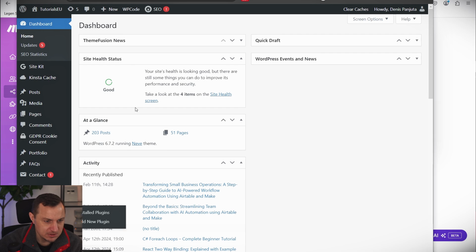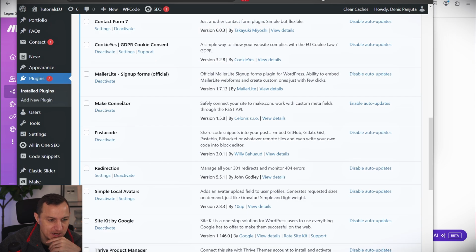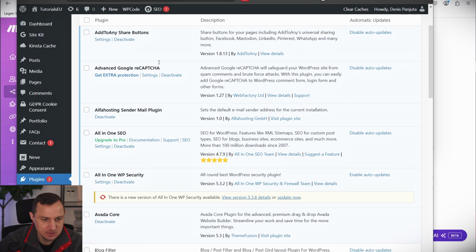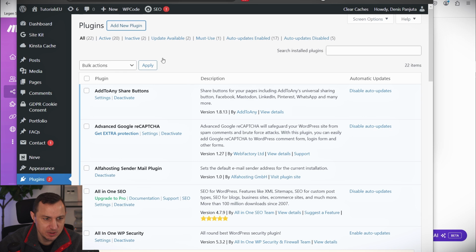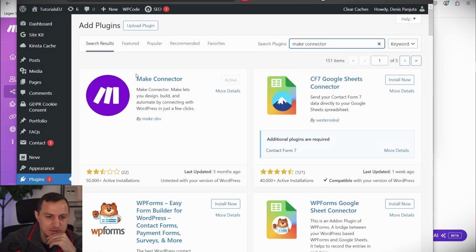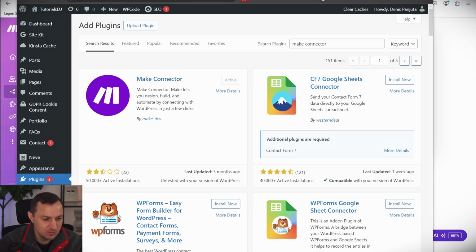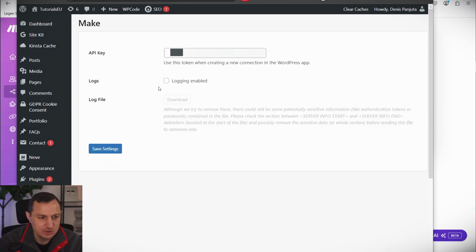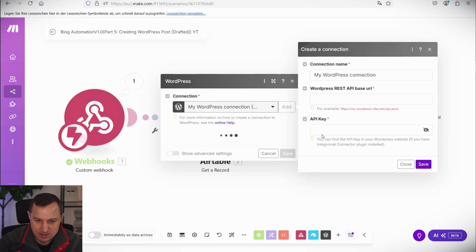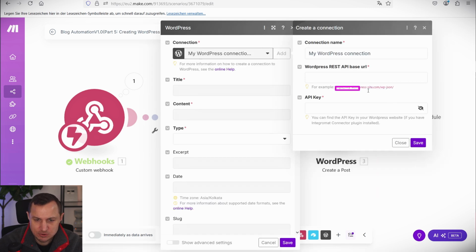Then you go to plugins, and that's where you need to find the Make plugin. Okay, so you need to install a new plugin. And the one that I am using here is this Make Connector. Okay, so you can go ahead and add new plugins and search for Make Connector, and then you will find this one right here. You need to install it, activate it, and once it's installed and activated, you'll need to go to your Make settings and get your API key from here, copy that and paste that in here, and then also use your own URL